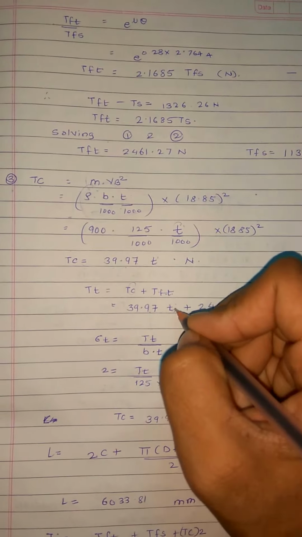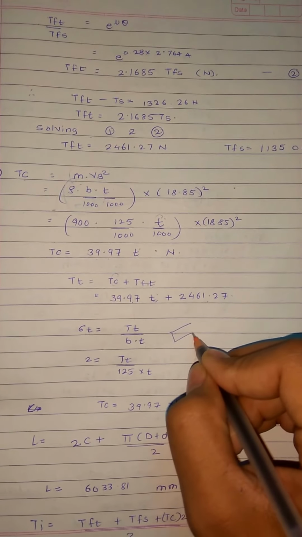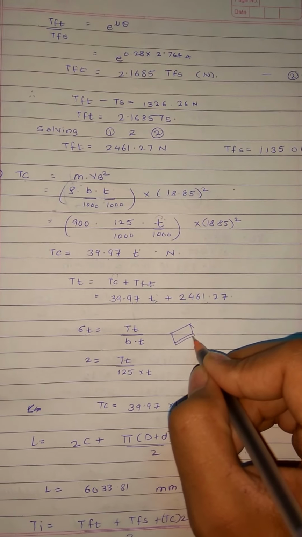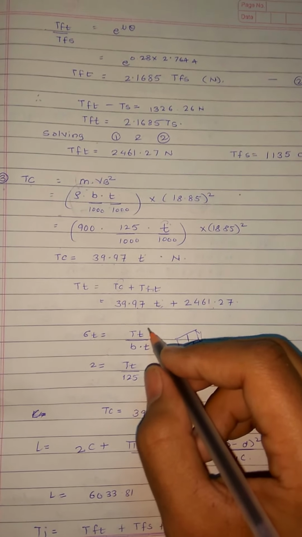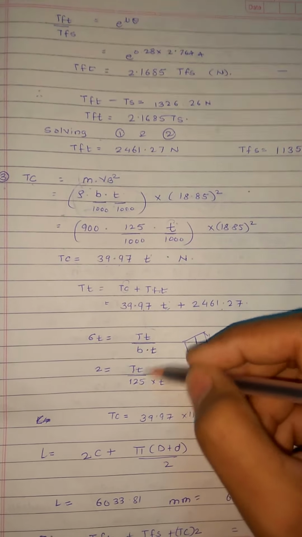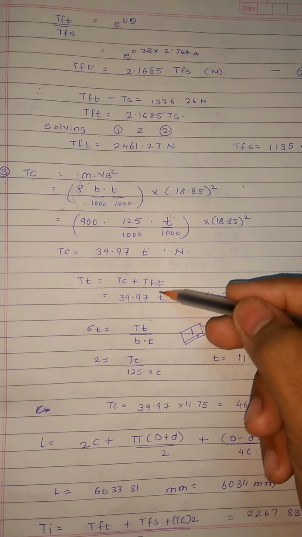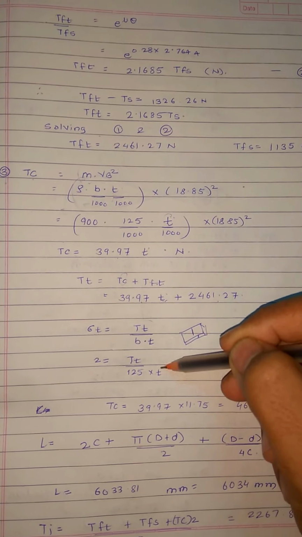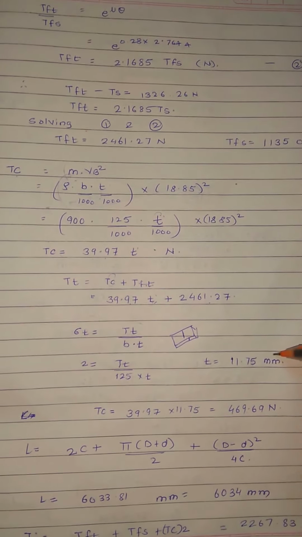Remember, we don't have T. You cannot solve the equation by adding them. It will be wrong. We have sigma T. Now stress is force upon area. Consider this belt having a 3D cross section. So this will be the width and this will be thickness, that is area, and this will be the force, that is the tension force. So tension upon area will give us stress, because the tension has a T term unknown, the area has a T term unknown. Therefore we will be getting T from this equation, which will be 11.75 mm.